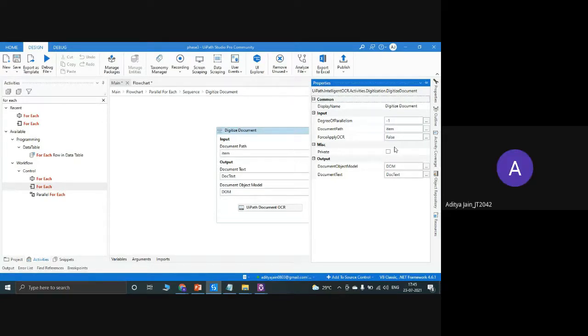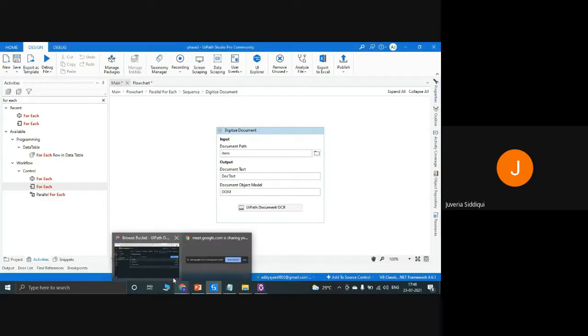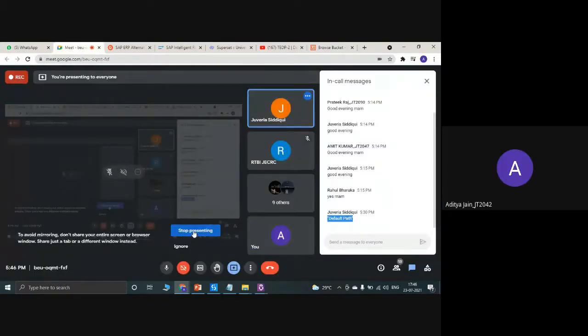So if we are ever not clear about what the input files are, then we have to mark it as true. But here we know that we have only PDFs and scanned ones, so we are keeping it false. Okay, for scanned PDFs and images it should be true, and for machine readable PDFs it would be false. Yes, that is a good approach. But usually, when you work with the business in a real life scenario, they'll tell you what kind of documents they have. OCR usually comes with a price. Got it. Thank you, ma'am.